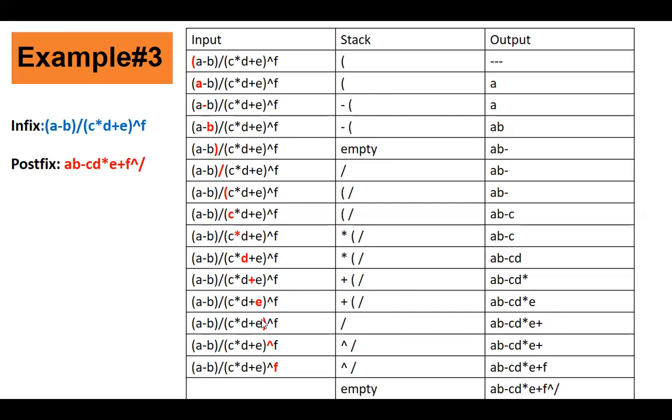Fine. Now, next what you read is the raised to symbol, that is the power symbol, right? Now check the precedence of raised to and division. Division precedence is less than power symbol precedence. So bigger can reside over smaller. So just push this power symbol onto the stack, right? Now the stack has two symbols, the power symbol as well as the division symbol. Output remains unchanged. The last input symbol what you read is an operand, that is F. So directly add it to the output, no change in the stack.